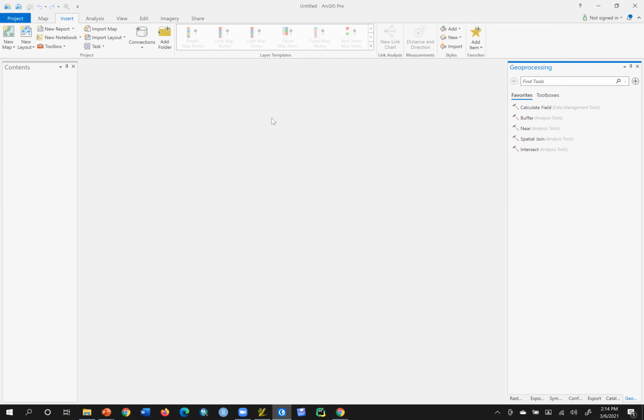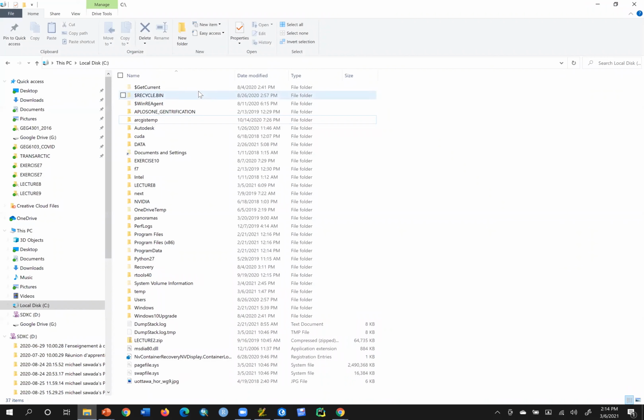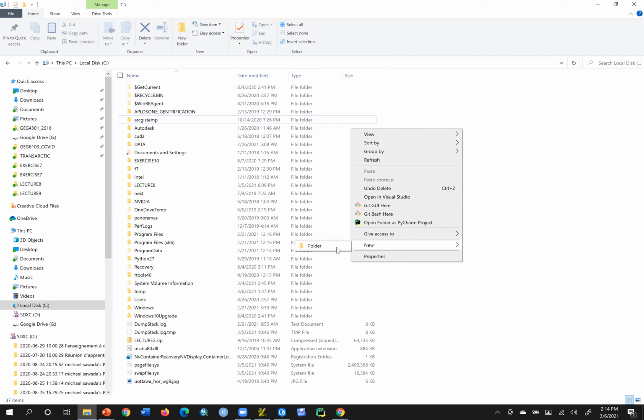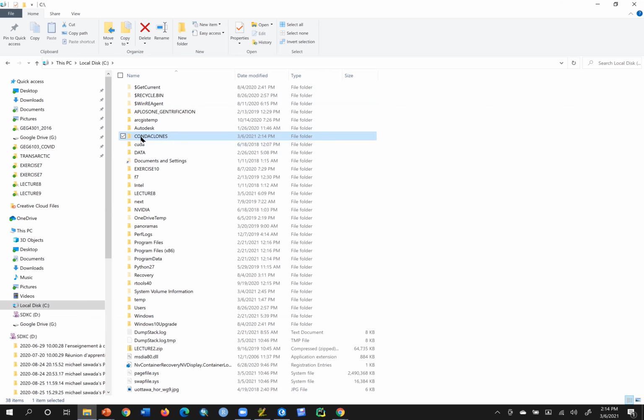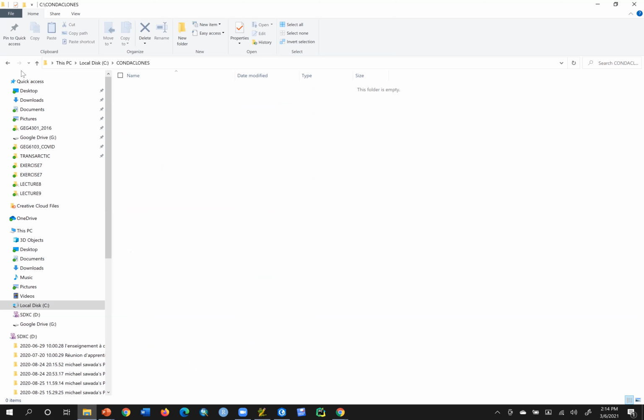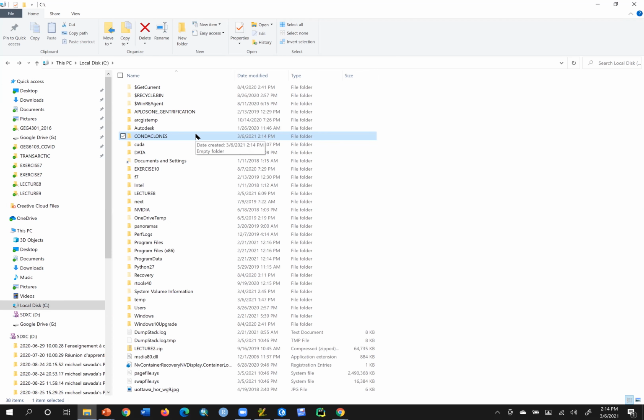Then I'll just switch back to Windows Explorer for a second. And I'm going to create a folder on my C drive. I'll just say new folder. I'm going to call it Conda Clones. I'll just put it here, sort it, and there it is, Conda Clones, and there's nothing in it right now. The reason I'm making this Conda Clones folder is that is where I'm going to clone the current ArcGIS Pro